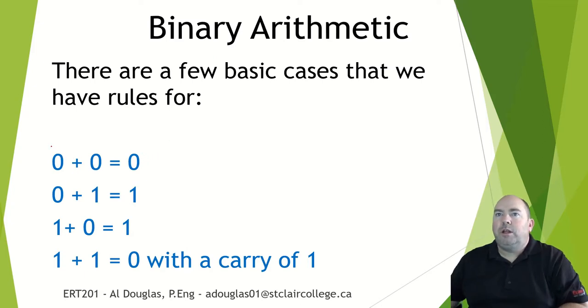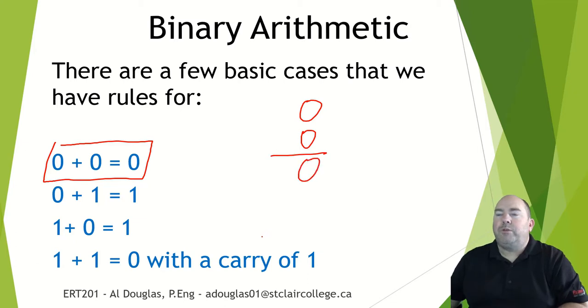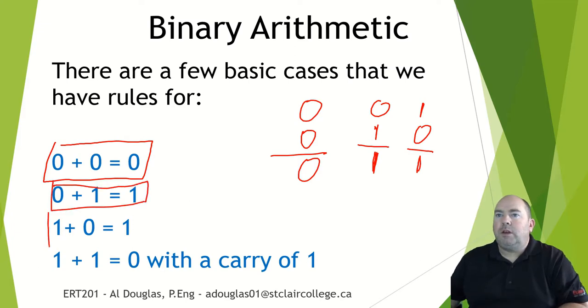The first one, the 0 plus 0. So if I have 0 and 0, that gives me 0. That's the rule for that one. If I have 0 plus 1, that gives me a 1. If I have a 1 and a 0, that also gives me a 1. Okay, that's this guy here and this guy here. And then the tricky one, if I have a 1 and a 1,